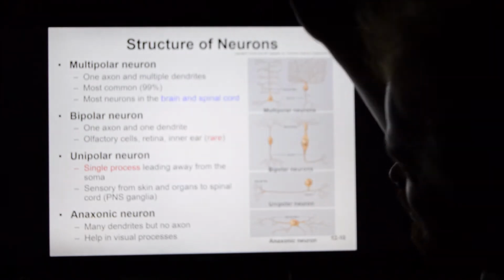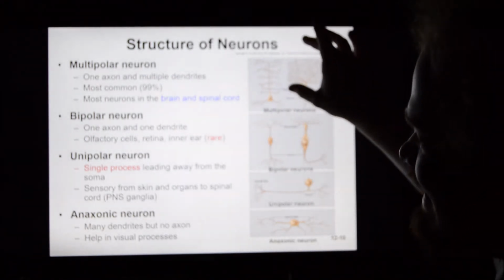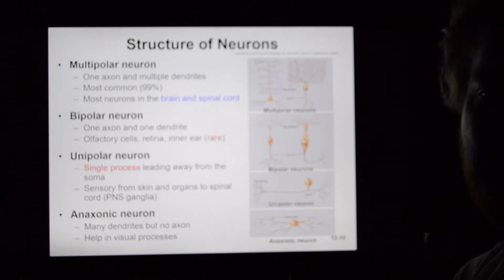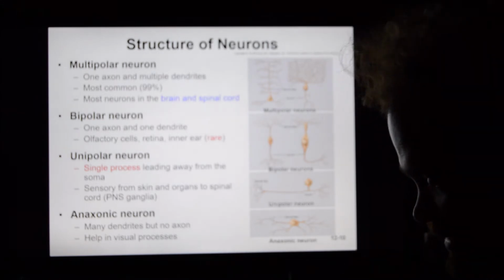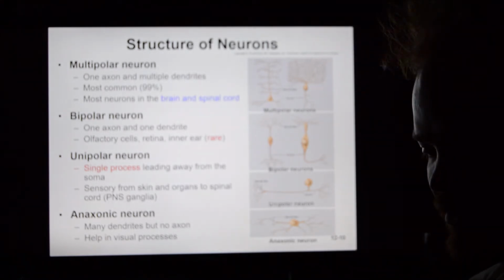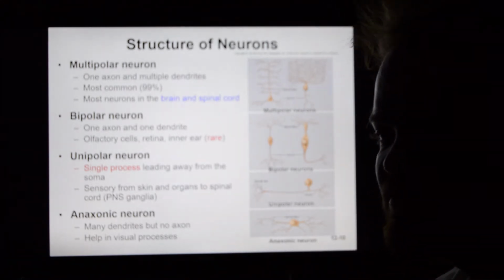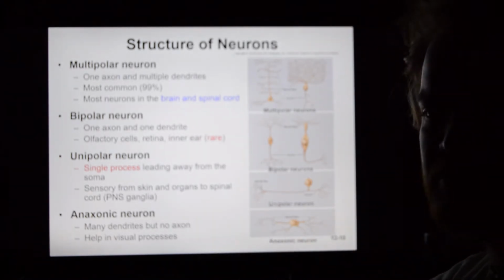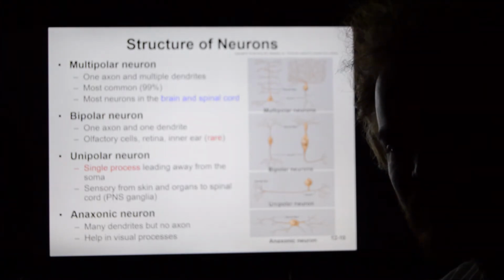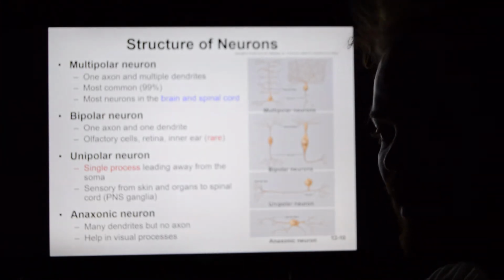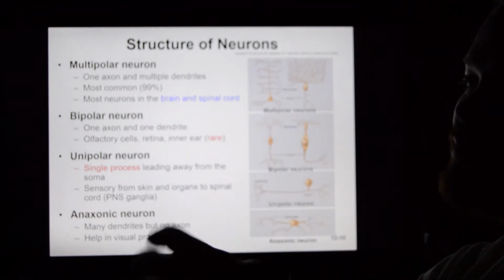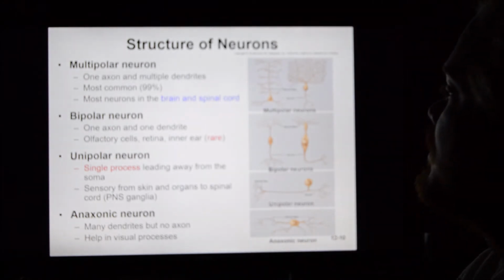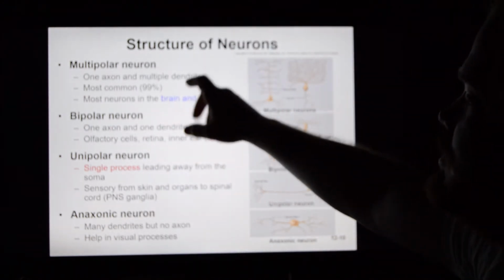Okay, so let's talk about what this does. Multipolar neurons, oh man, very common. These are like 99% of the neurons in your body. This is the type of neuron you find in your brain and spinal cord. Think about this: you've got sensory neurons and you've got motor neurons. Sensory information comes in via sensory neurons, it's integrated by the brain, and then motor neurons go out. Where would you find more neurons? In the brain and spinal cord, because it's in the brain that you're figuring out what the sensory information means and what motor output needs to happen. The multipolar neurons here in the brain and spinal cord are way more numerous.